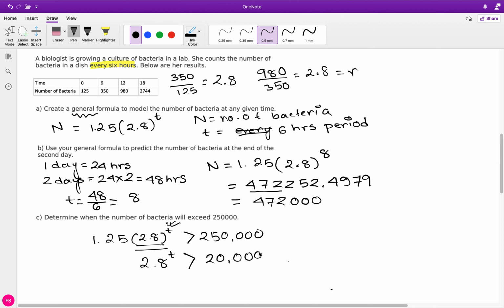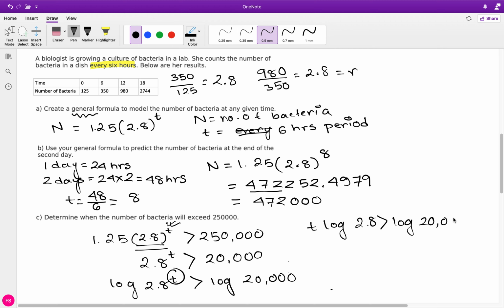This is where you use the log. You add log to both sides. I'm going to write log of 2.8 to the power of t is greater than log of 20,000. So then, whenever you have a power in the log, the rule is to move this to the front. I'm going to write t times log 2.8 is greater than log of 20,000. Then divide log of 20,000 by log of 2.8. You will get something around